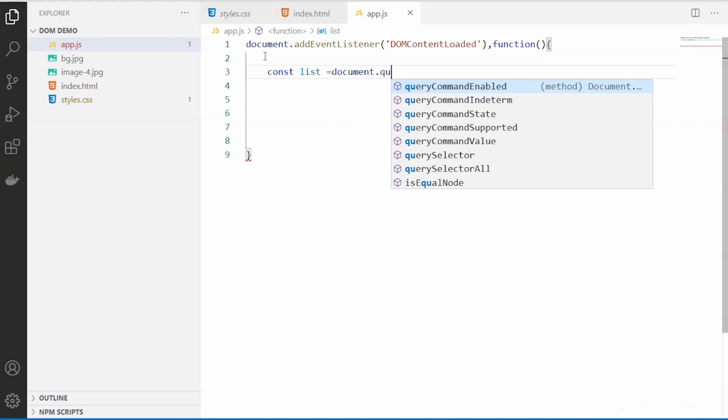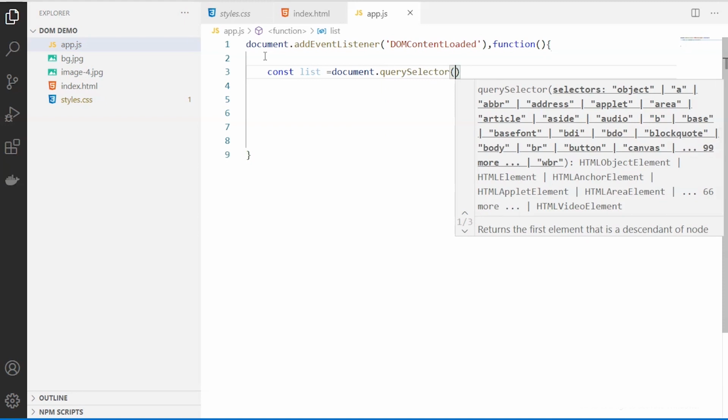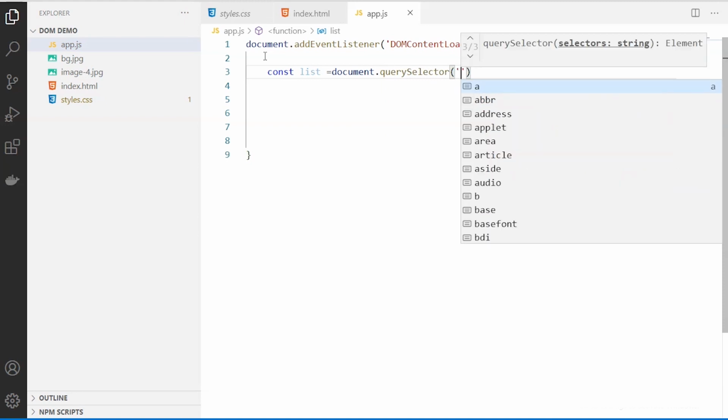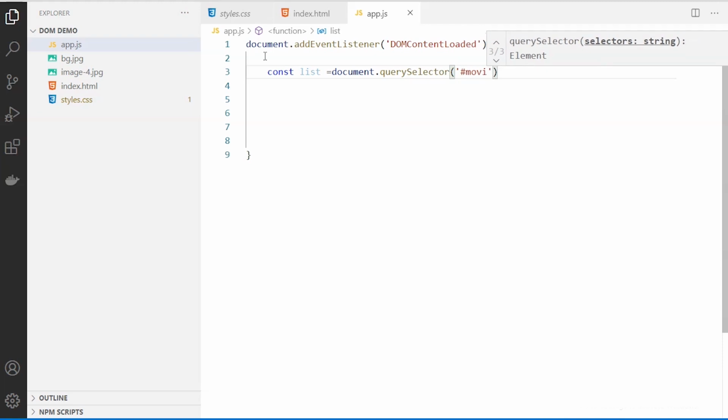I'm using this method called querySelector, by which you can select the element that you have created. Here I want to select my unordered list. It is present inside the container called movie list, so inside which I'm selecting this unordered list, and that is getting stored in this list.